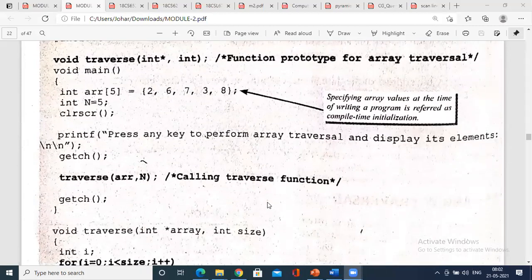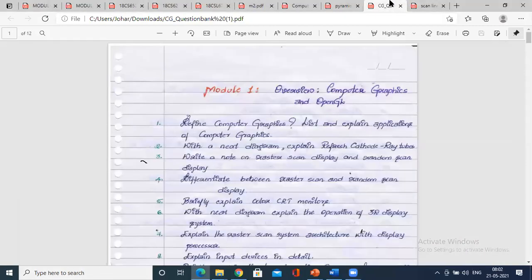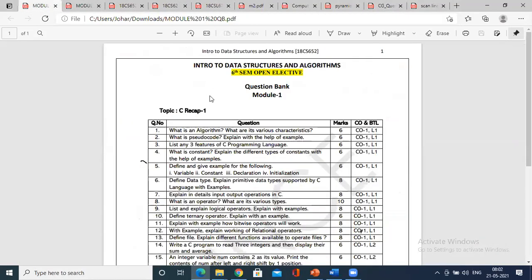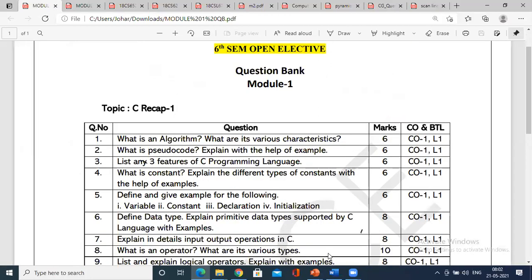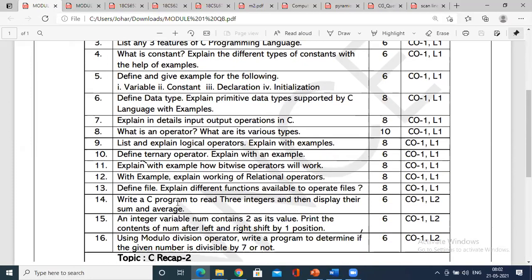Hope all are able to understand today's class. So let me not continue today. I'll just have one more discussion. Though I have forwarded a few of the question bank to you, the question bank is quite complicated, it is for the external point of view. So I'll forward you one more document, 2 or 3 days prior to the internal, wherein you can go through a certain theoretical part and programming part of it, so that you find it easy for your internal.